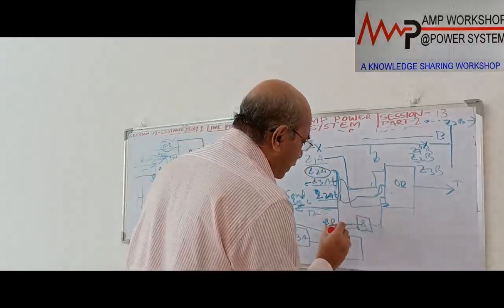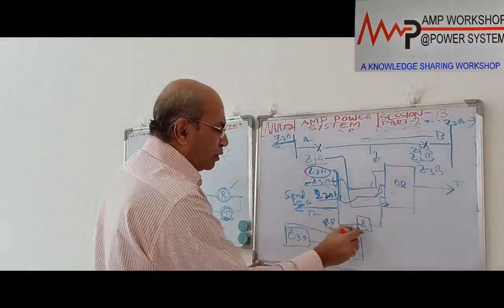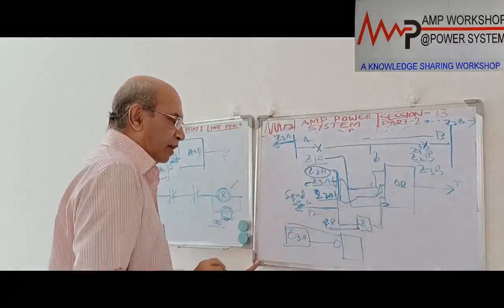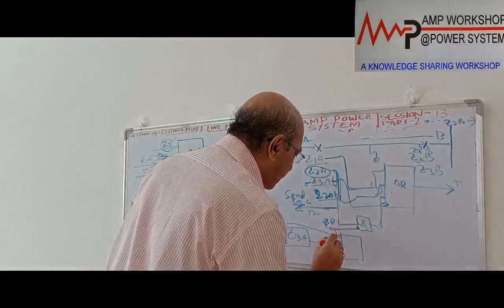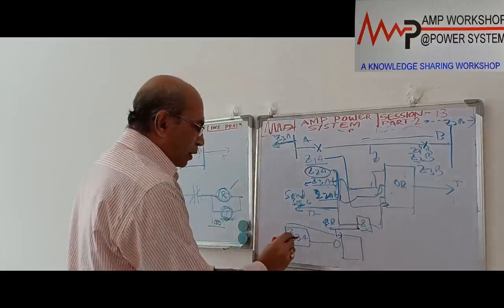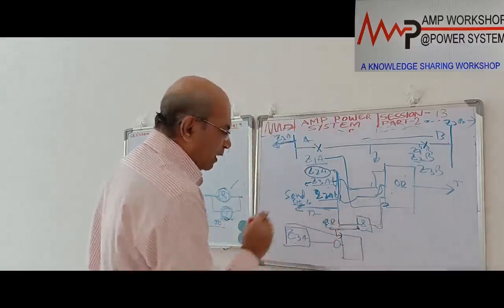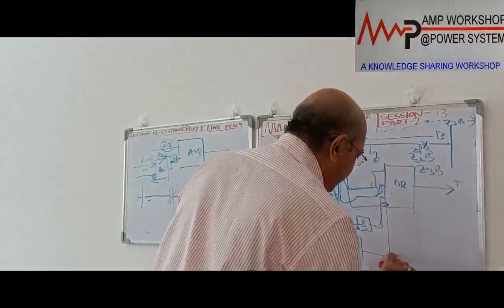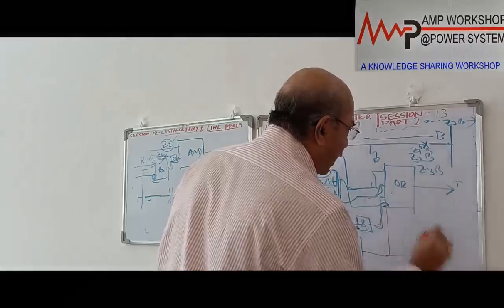When will that happen? When zone 2 has operated and a permissive has been received. If both are on, then it is instantly tripped. That is a normal permissive scheme. Now this permissive signal is also taken over here. Zone 3A not operated and permissive received. If that case happens, then it will also trip, and at the same time it will issue a send signal to the other end.